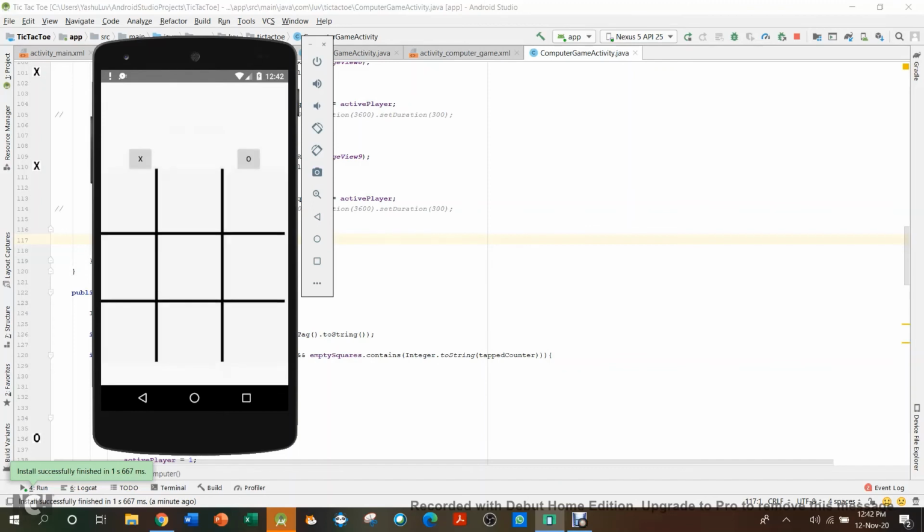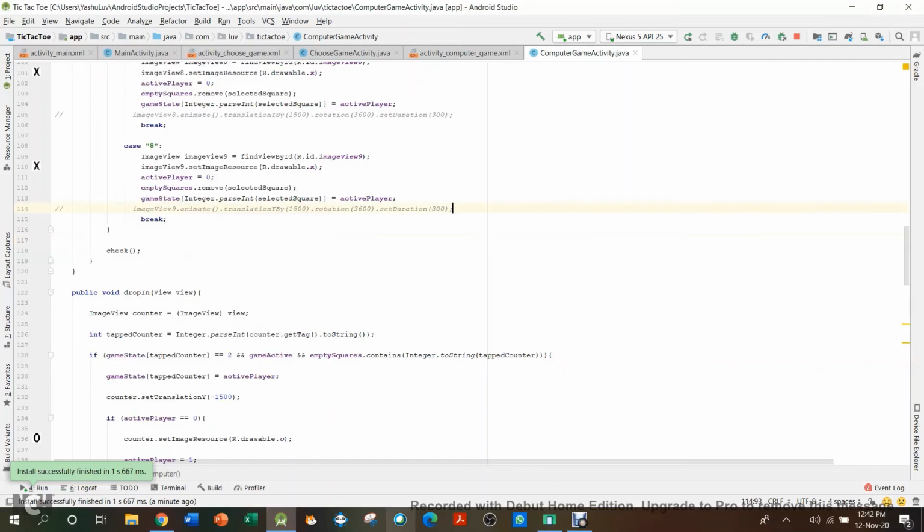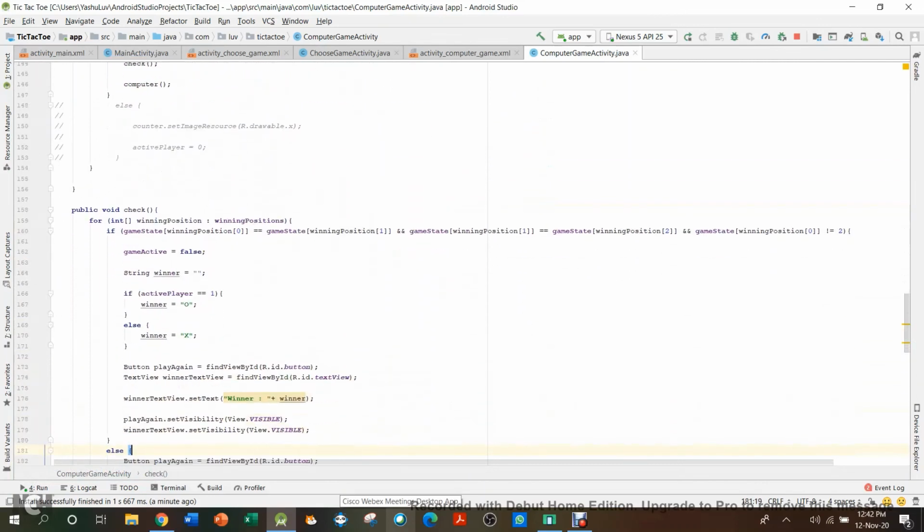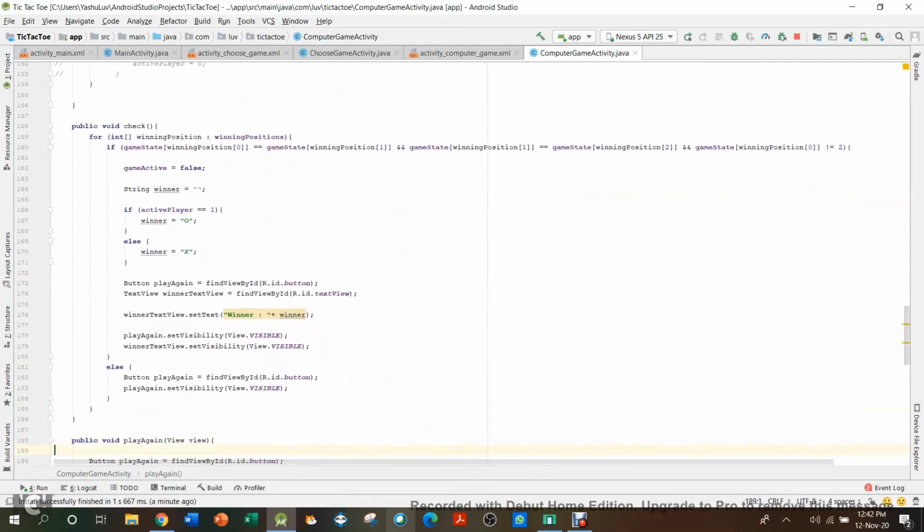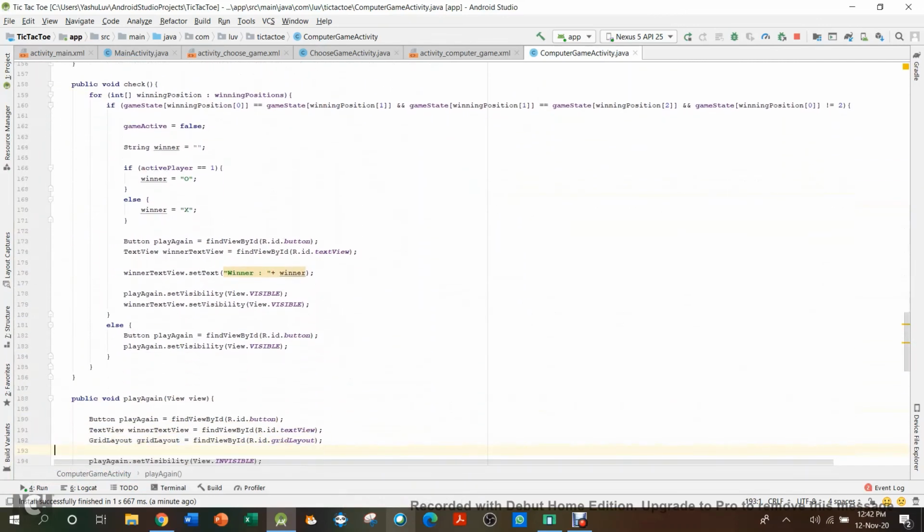And now let's go to computer. So it's going to be O. So you can see the computer gave x by itself. O. And see, we won. So yeah, so now I hope you liked making this app, and it was like very simple. It was just like one method added to the one originally which we had made.